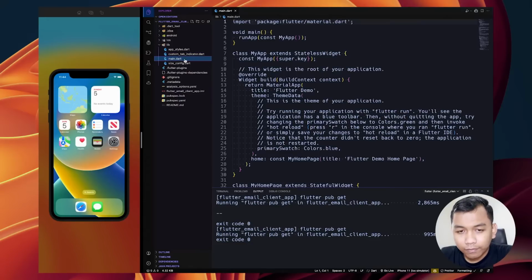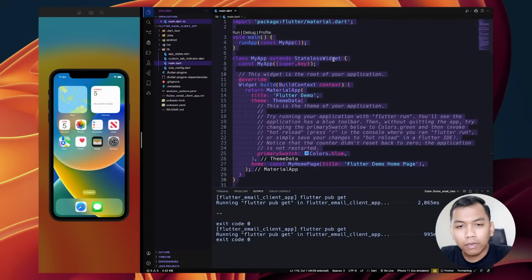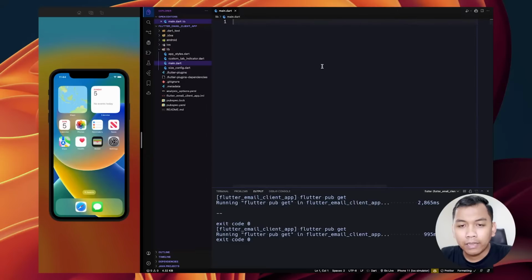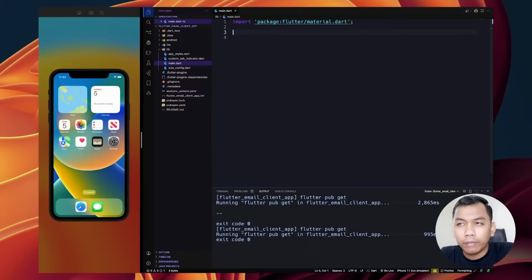Alright, so now let's open our main.dart, and as usual, let's start from scratch, which means we need to import material, and also we need to create the main function.